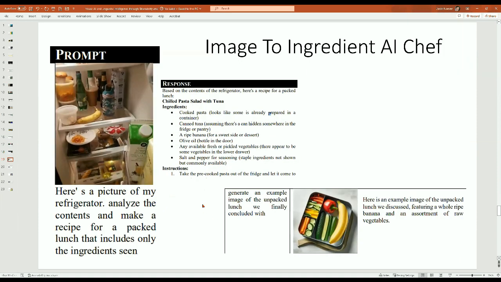Can do the same thing with the chef. Here's a picture of my refrigerator. This has become a common game within AI image generation and captioning. Analyze these ingredients somewhat practically, tell me what to go get at the store, and it comes up with chilled pasta salad. I think a very interesting part of creativity is often the novelty is from a constraint.